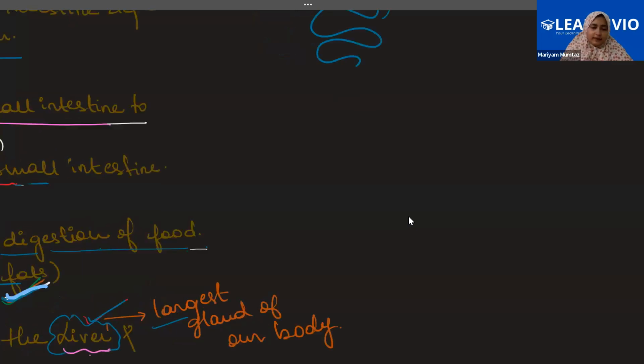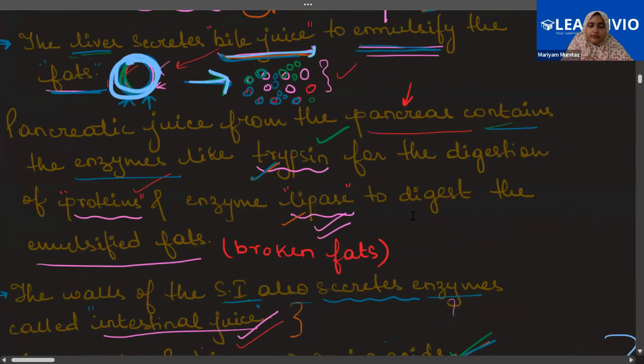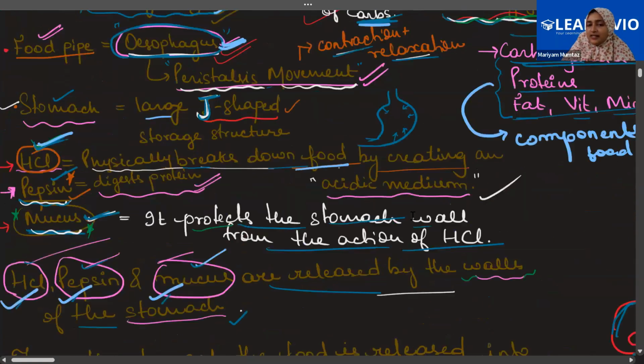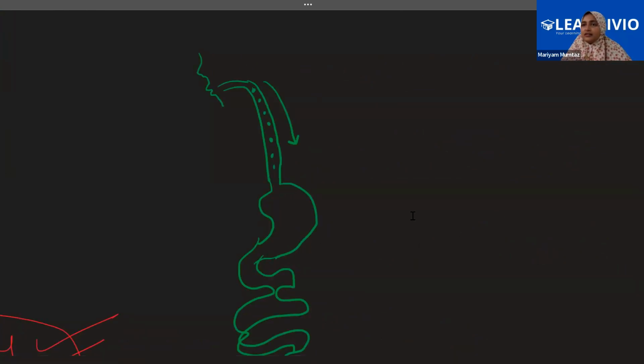Okay, if such a strong acid, hydrochloric acid in a concentrated form, is present inside a stomach, then why is our stomach not getting affected? Because it has a lining of mucus. Correct. Very good. Okay, what is that bag-like storage organ in which the urine is stored in human beings? Urinary bladder. Okay,